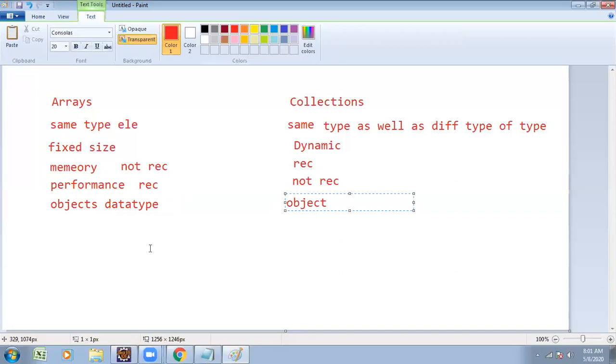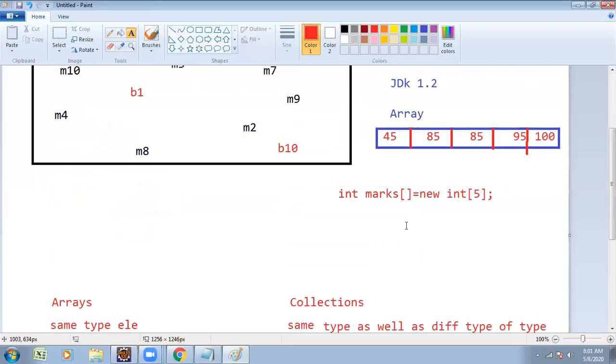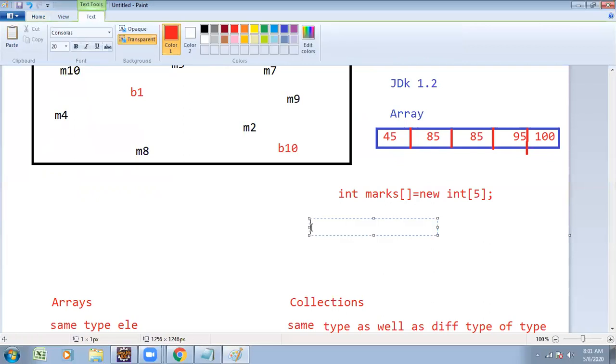Suppose this is my array. I wanted to get the sorted order of this array, almost sorted order only. So I wanted to get the reverse order of this array. What is the reverse order? 100, 95, 85, 85, 40. If you wanted to do the reverse of this array, you have to write a lot of code. For example, start a loop structure to reverse that array.